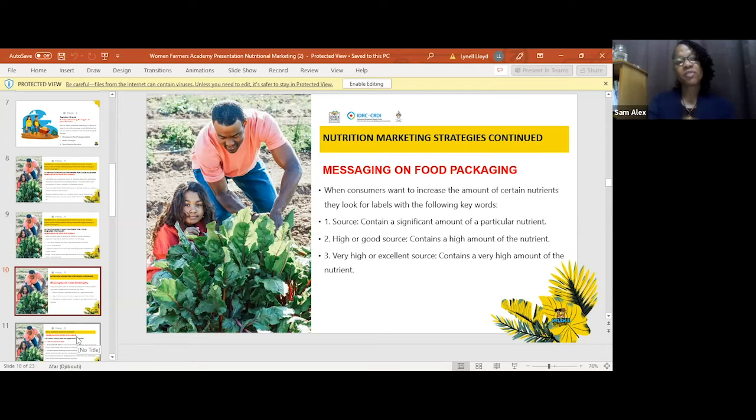And if you remember the cereal box in the picture before, it literally said source of fiber. So persons know when they consume that cereal, they're getting fiber, which means, you know, to them, it contains a significant amount. So the labeling is also important, not just to reflect what the product does not have, but also to show what the product has that persons are looking for. Okay, let's move on to the next one.